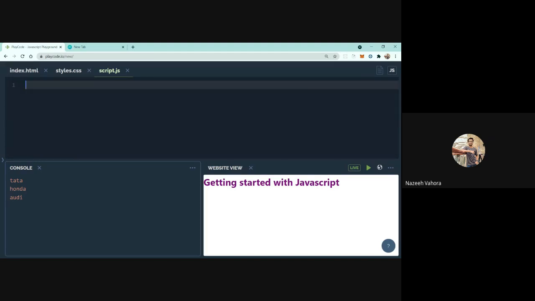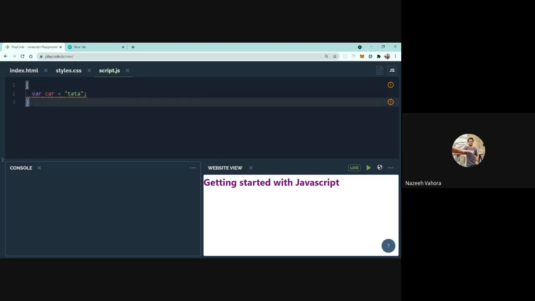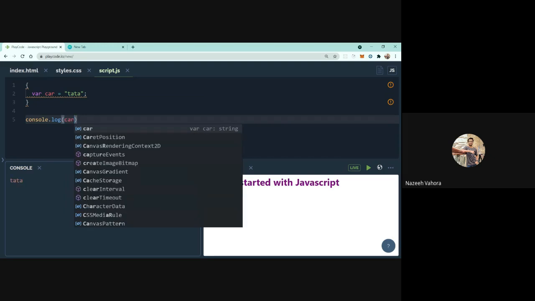So let's say I have this block, and I am declaring a variable, let's say car, and again giving the same value Tata. So this is giving me a warning that I haven't used this value car. So let's console it, and car.